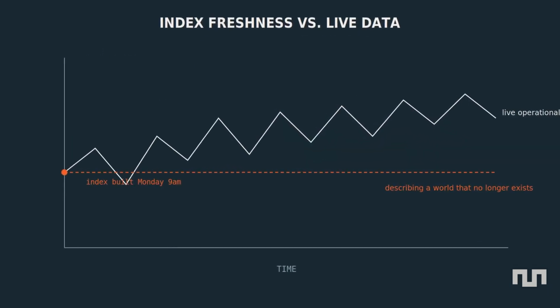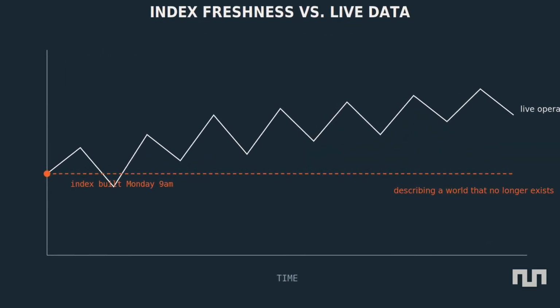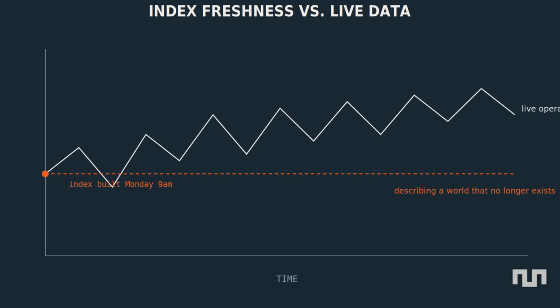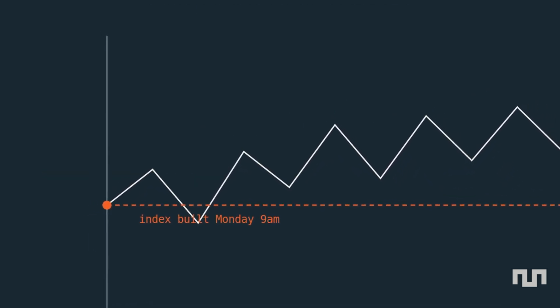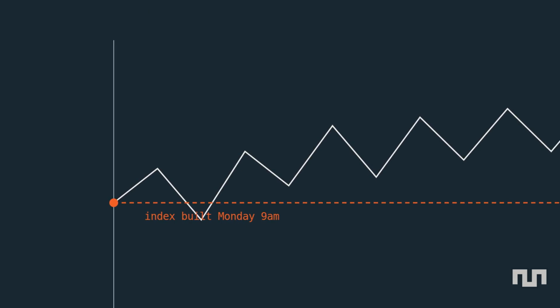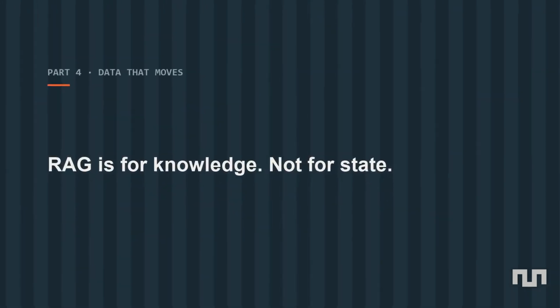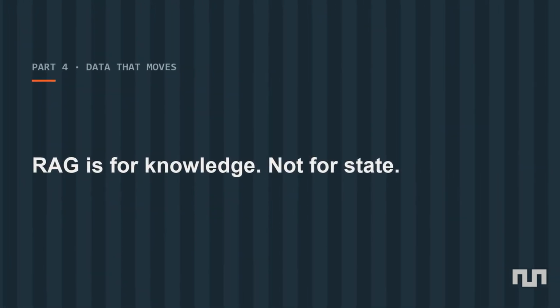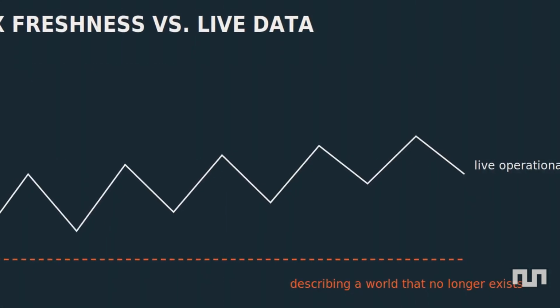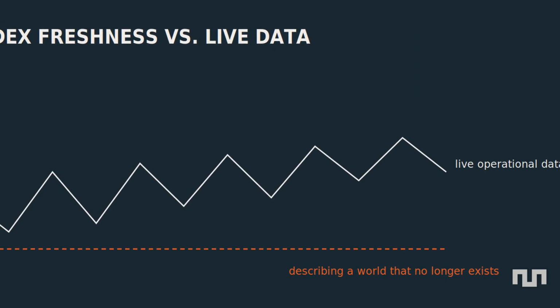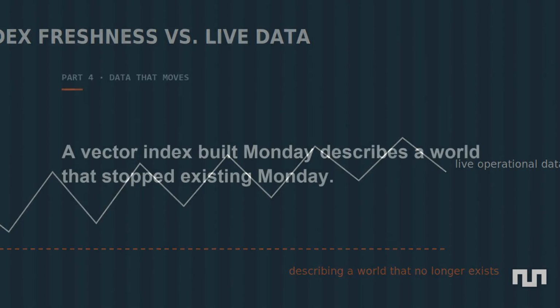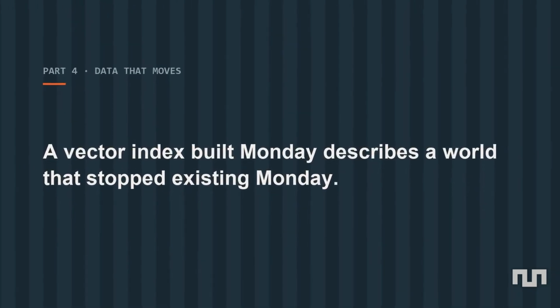Fourth, and it's the least discussed, documentation is mostly static. Enterprise operational data is not. Inventory positions change every few seconds. Order statuses move continuously. A vector index built on Monday is describing a world that stopped existing on Monday. So you need a re-embedding strategy. And embedding is not free. At enterprise volume, it's a real, recurring compute cost, plus the pipeline to detect what changed and re-index only that,